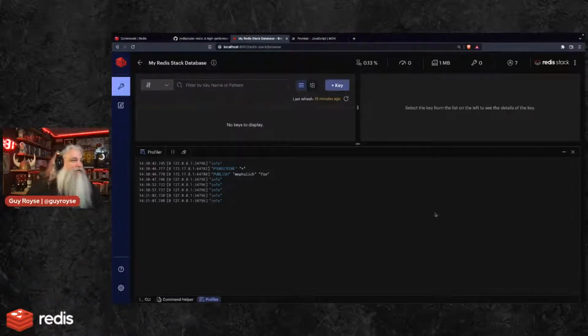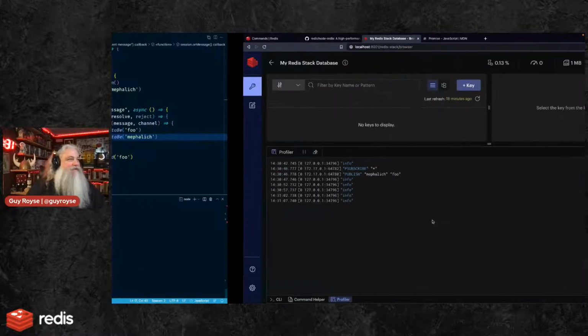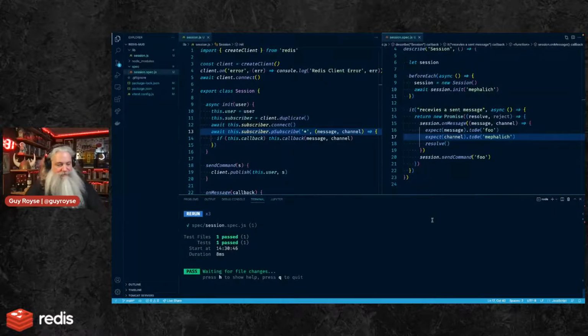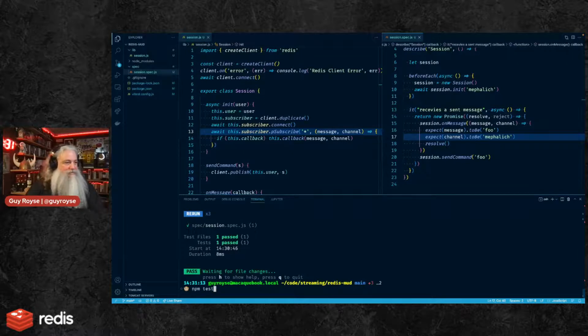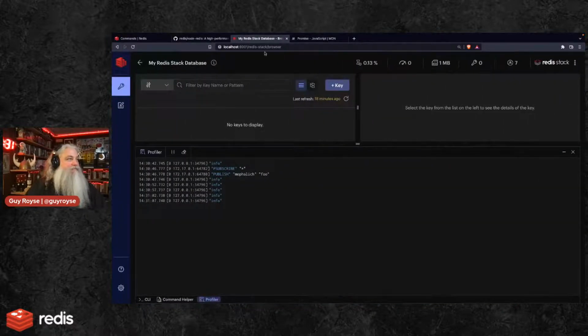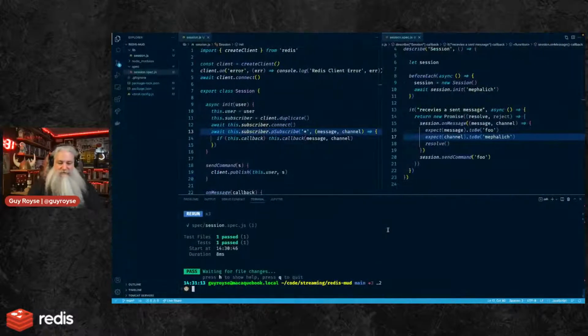But I do think I'm going to see if I can remember the Docker command to upgrade the instance of Redis Insight here, or Redis Stack. So the command is, what is it? Docker. I probably have it somewhere in my history.